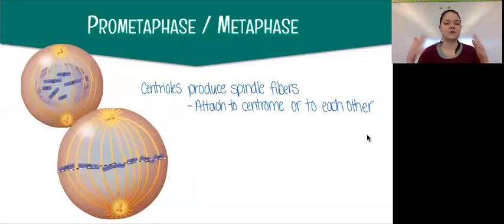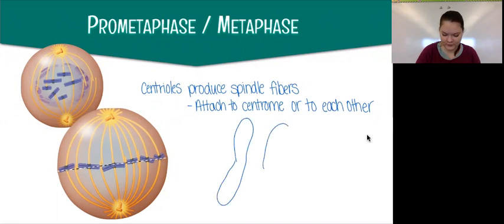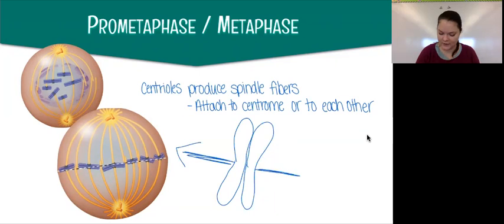Okay. So not only are they connecting to these centromeres, but they're also connecting to each other and they're continuing to grow. I can't get my hands to grow, but you get the idea. And pushing against each other. And the ones that have attached to spindle fibers, you'll have a spindle fiber attached from both centrioles to the centromere of the paired sister chromatids. So if I were to zoom in, it would look something like, here's one, here's the other, and they're attached here. I don't know why I didn't just draw them attached. And so we're going to have a spindle fiber that attaches that way